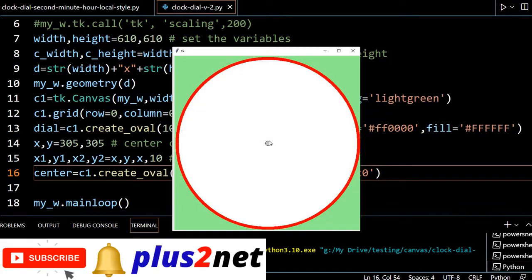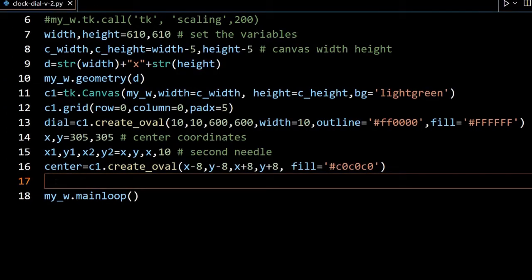Yeah, you can see the small circle here. If you want, you can remove it also. So this is the circle. Now we'll go for our angular lines and putting our text. In our clock, we have segments. Each segment means 1 minute. The lines we will have to draw now.